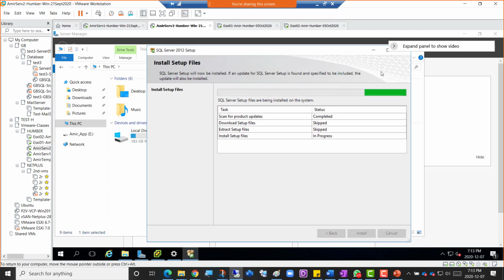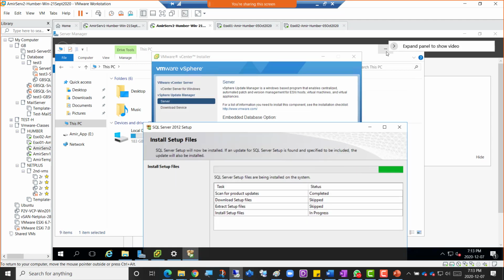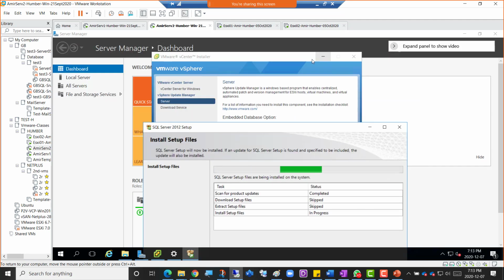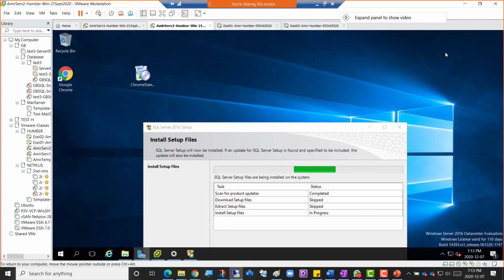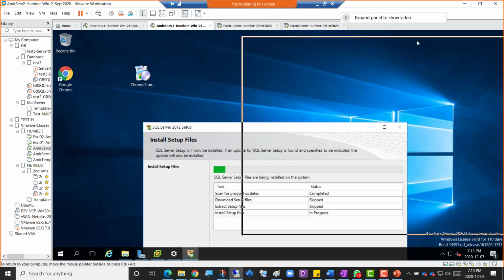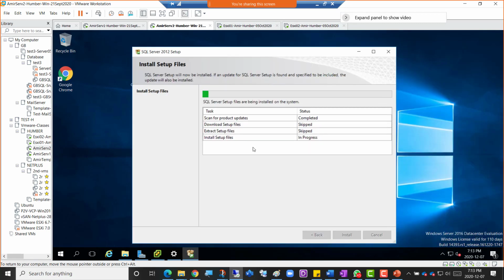It's just moving and moving and moving. Nothing else. Maybe there's a window in the background that might show an error and is waiting for me to click it, but no, there is nothing. I just tried to remove all that just to check. So, okay, it's in process.